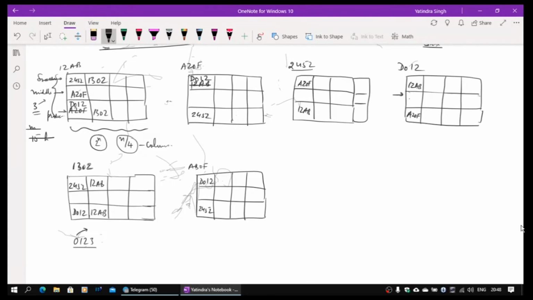Once it goes to D012, D012 will look for 0123. It will say the successor is 12AB and hand it over to 12AB. So the root node has to be 12AB. There is no other possibility for this.